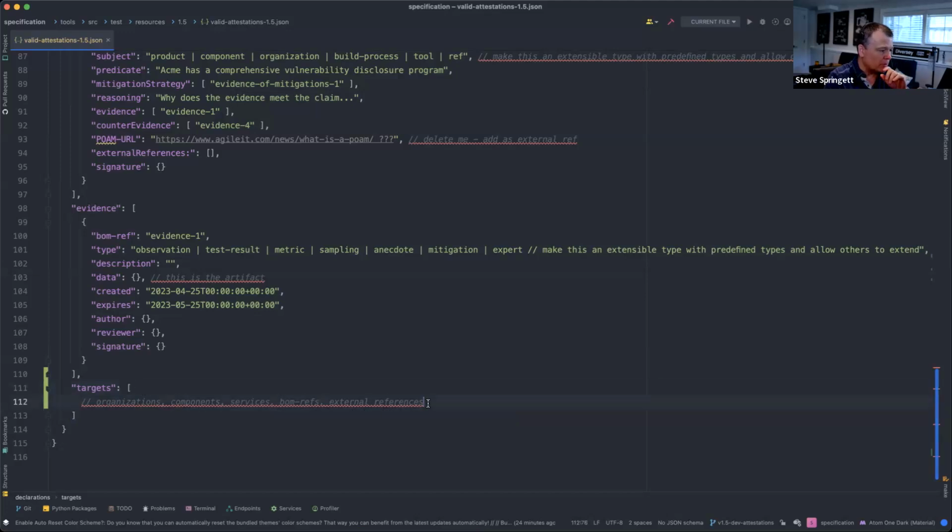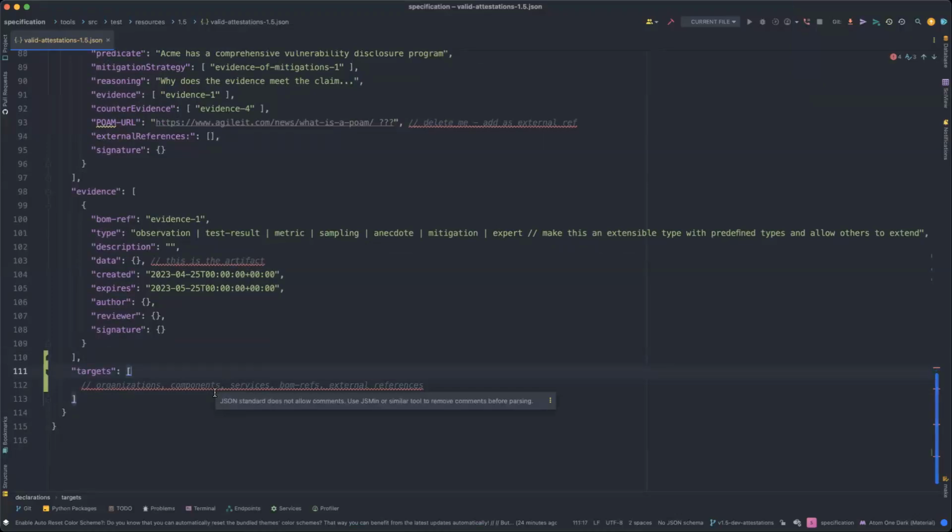And then each one of these objects would then have a corresponding target ref. Yep. And now that I think about it, that makes a lot of sense, right? You might want an attestation that covers an organization, several components that they build, and maybe several services that they use. And that's the scope of evaluation. Scope is an interesting word there, by the way, because scope is what pen testers use to say, here's what's in scope for my pen test. It's a bunch of different things, but that's a term that people use a lot to describe what we're talking about.